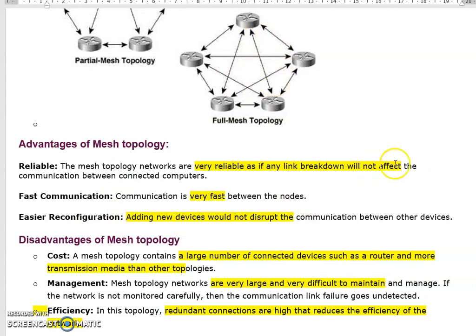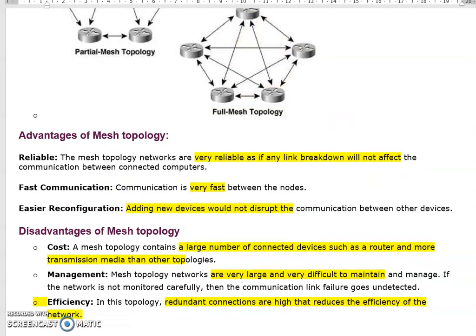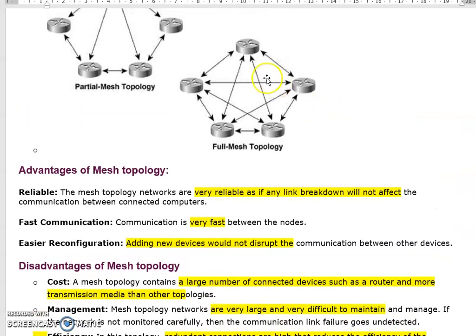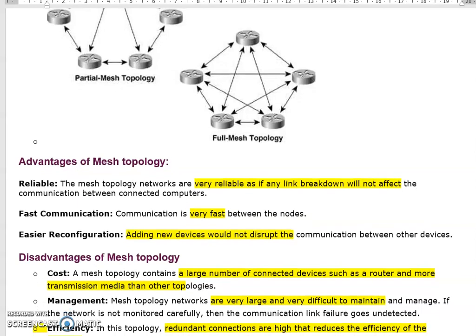Okay, then the same things will come under the disadvantages also. For example, here a large number of cables and a large number of connections are involved with the connected devices. So a large number of cables are involved here. So we need to acquire land to install and maintain the cables and all.